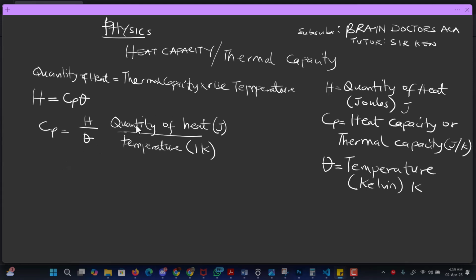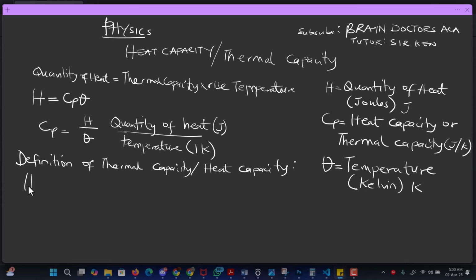So what we have now is that I can now define what heat capacity is all about. The definition of thermal capacity. Let's define thermal capacity, or you call it heat capacity. Now, what is heat capacity? As I said last time, heat capacity or thermal capacity